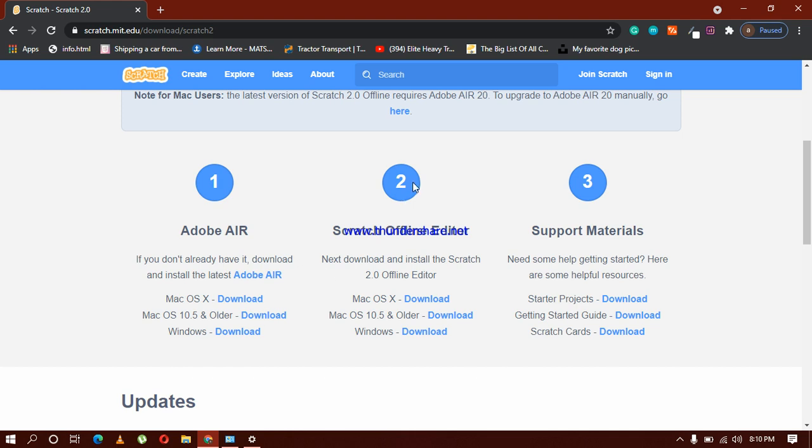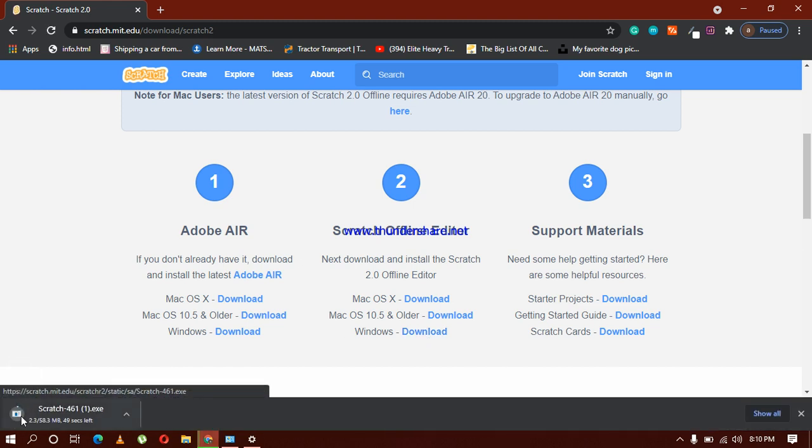So I'm going to go to the second step, and they make it for two types of systems. One is for Mac and one is for Windows. If you are using an Apple laptop or computer, you are going to download this one. If you are using Windows, because my system is HP, so this is a Windows system, so I'm going to download it for this one. Click on download, and here you can see that our download has been started, and it is going to take a couple of minutes. We have to wait here.